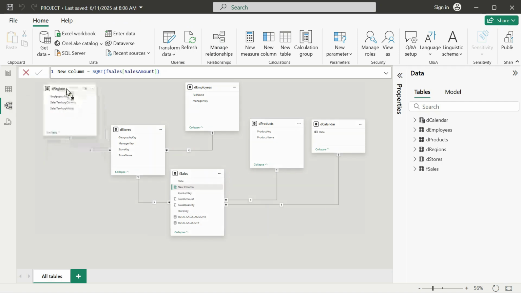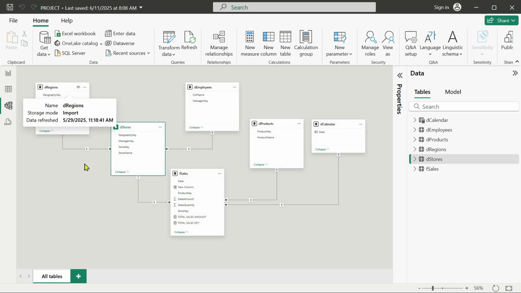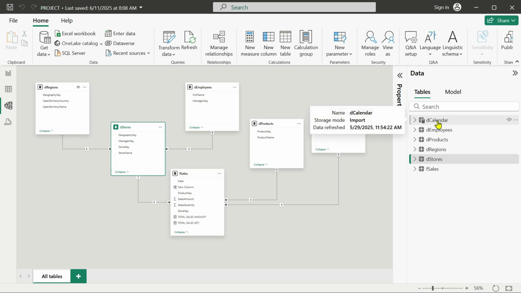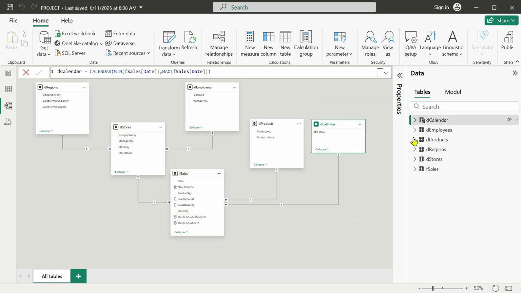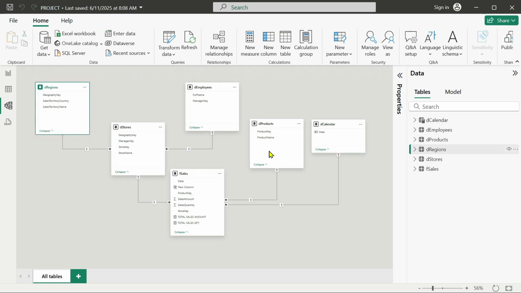And these squares or rectangles are representations of the tables right here. If I select, for example, the G calendar table, it will mark this one. If I select the D regions table, it will mark the D regions table. So each of these rectangles represents one of these tables on the right, and all of the columns in these tables are also represented accordingly in the diagram. So this is where you create relationships. I don't want you to worry about that right now because we are going to discuss it later on. I'm just showing you the overall environment in Power BI.